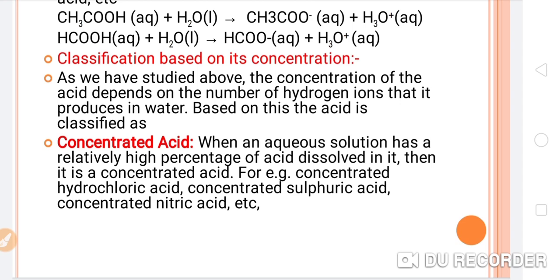So if you are forming a solution with 100 ml water and you have taken 35% of acid inside the water, so this is the concentrated solution. If the acid percentage increases, it means the concentration of the acid will increase. Okay, so this is the relation in the concentration of acid, concentrated acid.